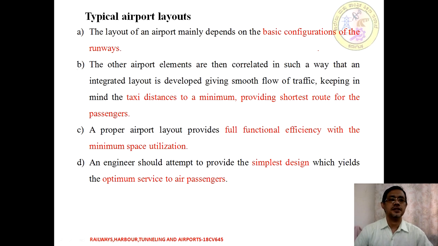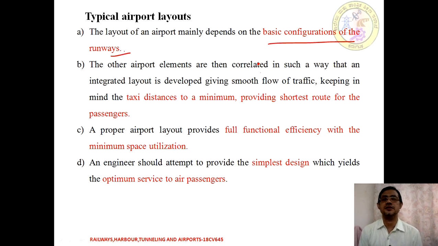So as we said, we are going to discuss a typical airport. The word typical airport comprises an optimistic way of designing all the key elements. Hence, the layout of an airport mainly depends upon the basic configuration of the runway. As I said in the previous sessions also, the runway, in its orientation and its size or dimension, plays a very critical role in deciding the layout of the other components.